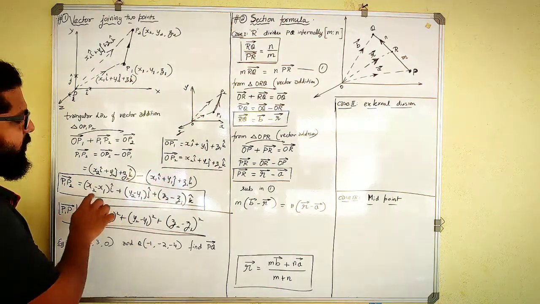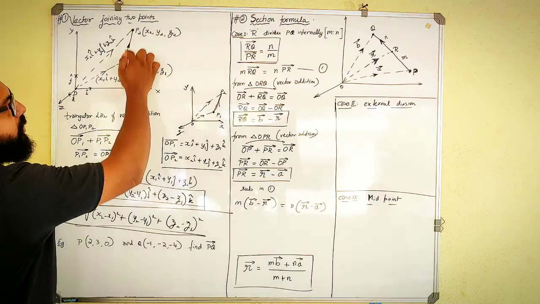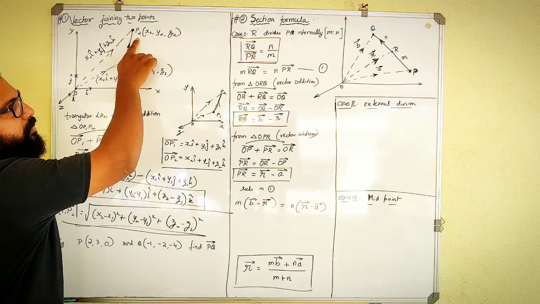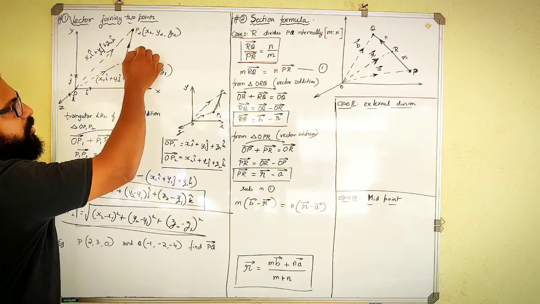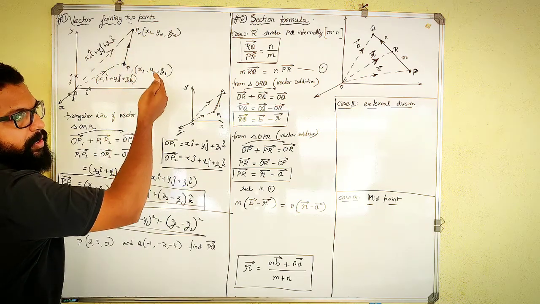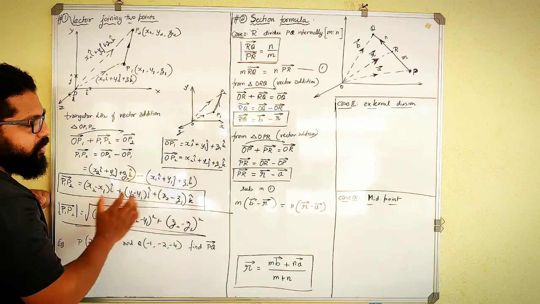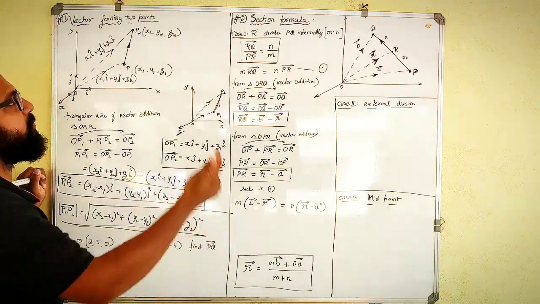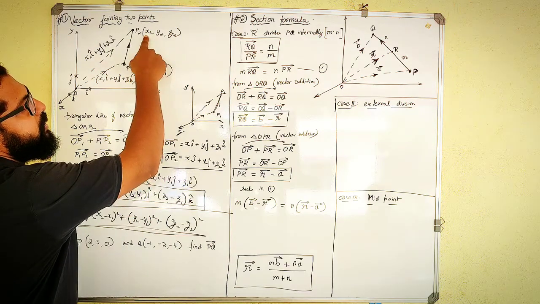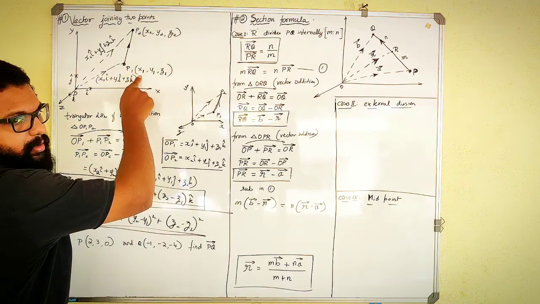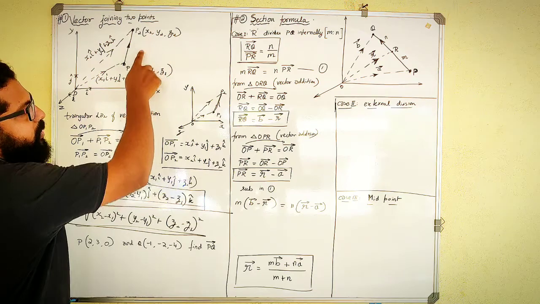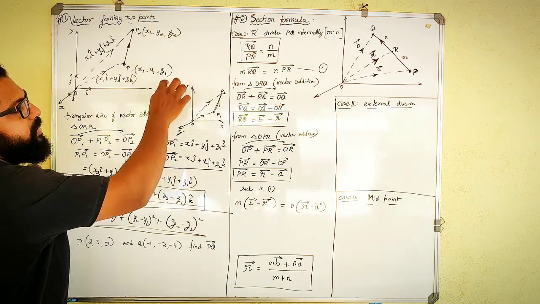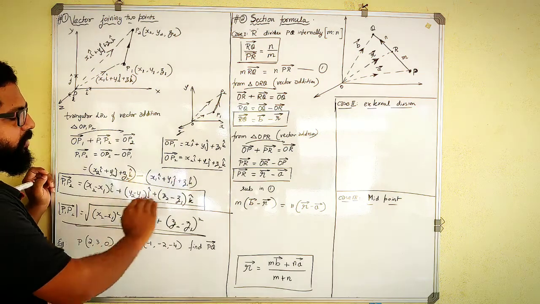So remember it. If a vector is joining like this, the end point of the vector will be P2, isn't it? From here to here it joins. So if you want to find the components of a vector, you need not go for the full derivation, nor remember the formula. You can just remember the pattern: the second point minus the first point, x2 minus x1 i cap, y2 minus y1 j cap, z2 minus z1 k cap. Done. That is the vector equation.